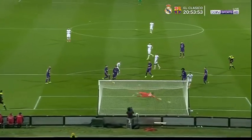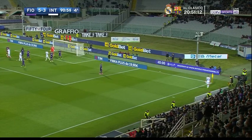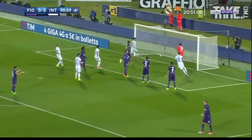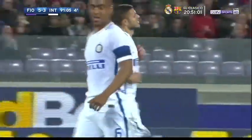The ball in from that wide position's wonderful, but still, Mauro Icardi. Atalanta and Bologna, 8 goals. 3-3, turning out to be quite high scoring. And there's another for Inter. It's a hat trick for Icardi. But will it count? It does. It's Fiorentina 5, Inter